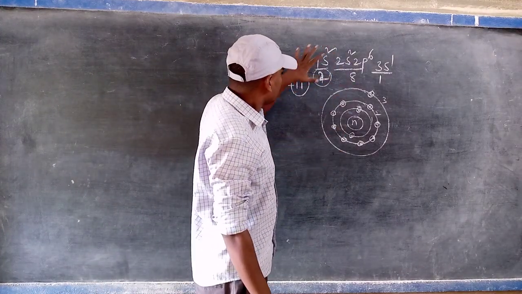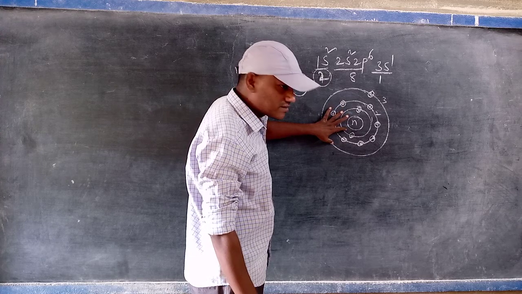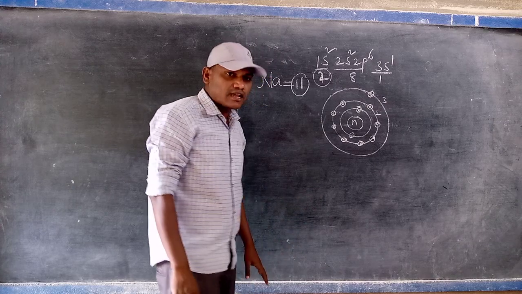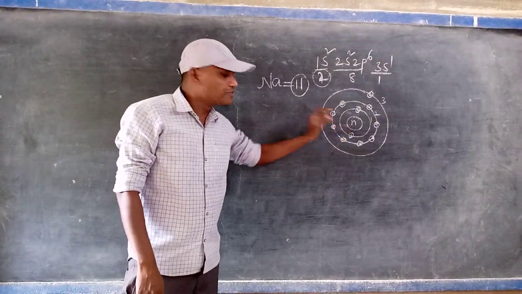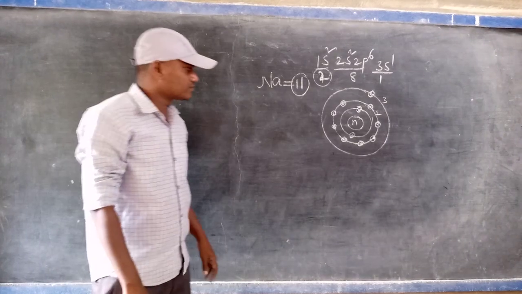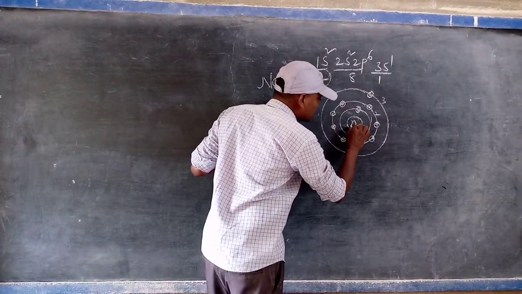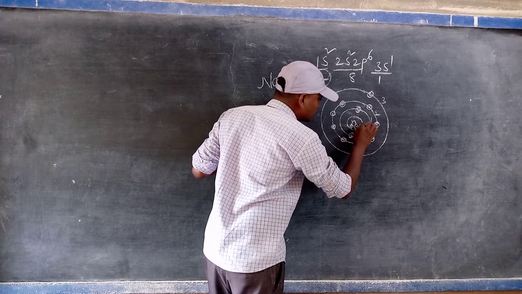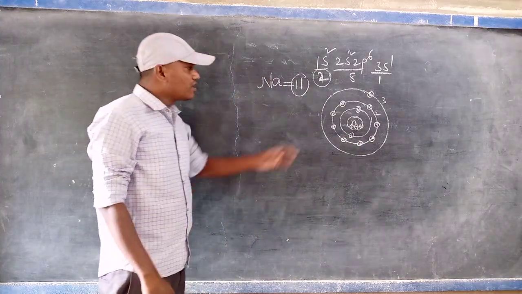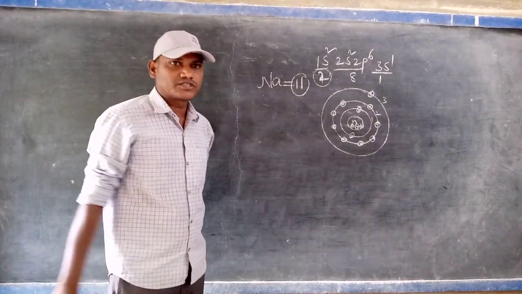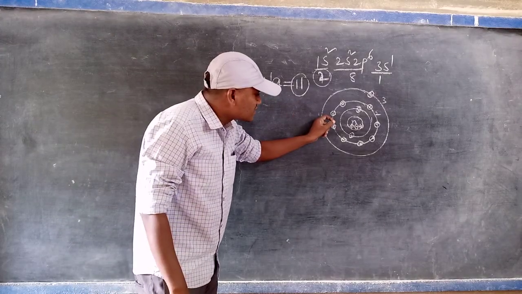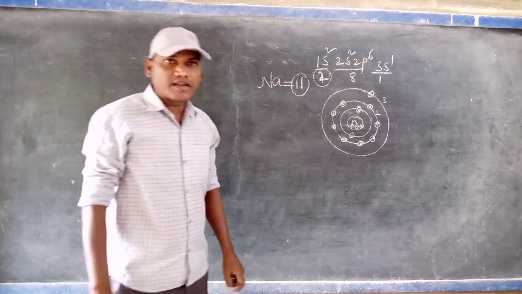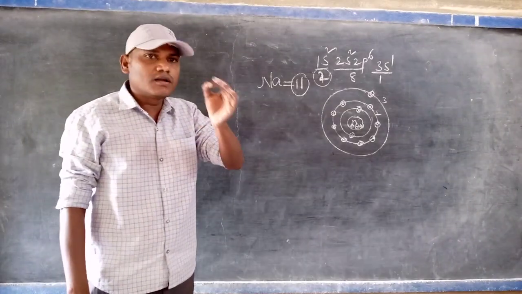So for the sodium atom, we consider that totally 3 orbits are there. In the 3 orbits, electrons are revolving around the nucleus. In the nucleus, protons are present, which have positive charge. Electrons have negative charge. The electrons which are strongly attracted by the nucleus of the atom are called bonded electrons.